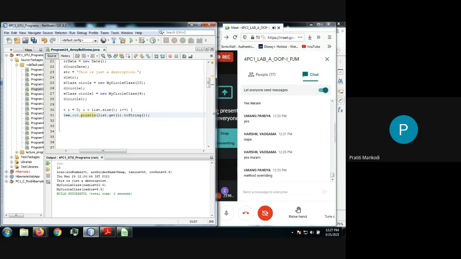And as you have overridden the toString method inside your class, the priority of your toString is higher than the priority of your Object class toString. That's why it is calling your class toString method. But where did toString come from? From your Object class. You are not creating a new method altogether. You are just using the same method and overriding it, redefining it for your purpose. Fine? All clear?